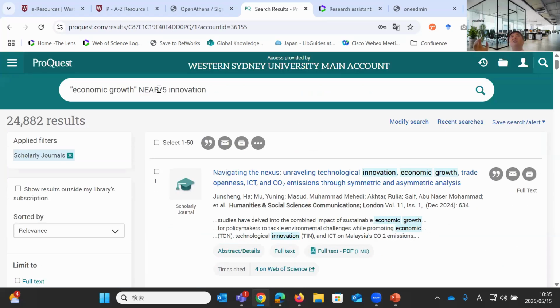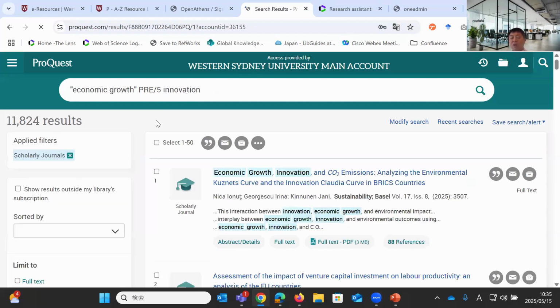If you want to have it fixed, instead of having a before or after, you put pre, then always before keyword B, you see keyword A. So, and why is it useful?